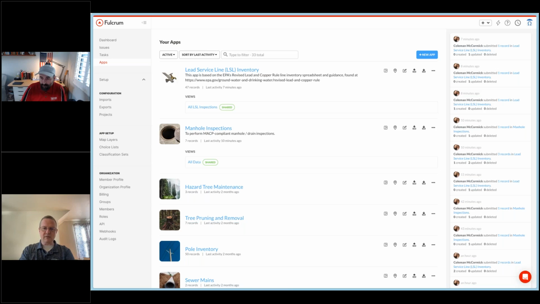Indri asks, are the map layers available in the field if there's no internet connection? Oh, that's a good question. Yes, we have a format we've supported for a long time to build your own offline maps called MB tiles. So that's one method, but the more modern method that we're finding a lot of power in, this comes with our port over to using Esri's platform, is the ability to download the feature services offline